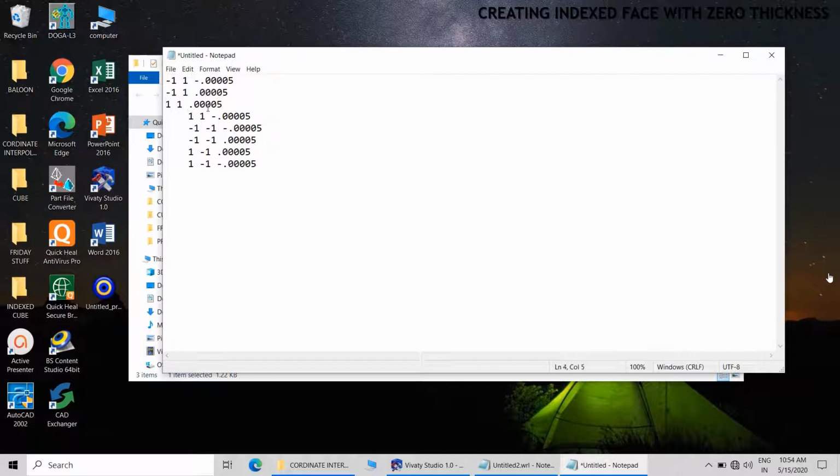So these are the coordinates of that particular plate. Now what VRML has done is that it has divided the entire plate into triangular faces, and the triangular faces are represented by these coordinates.